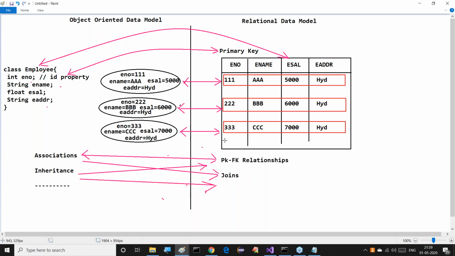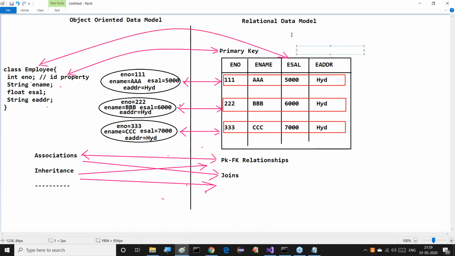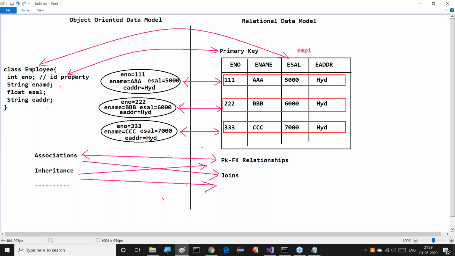If you provide this type of mappings, our data persistency will be very simple. If you confirm that an employee is mapped to a table, say the EMP1 table, then employee objects will be stored in the EMP1 table as records, and associations are provided through primary key, foreign key. Inheritance is also provided through primary key and foreign key.